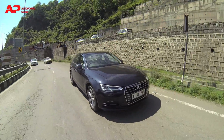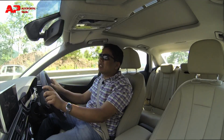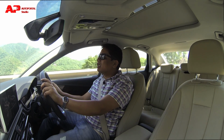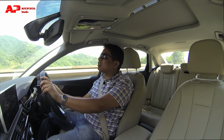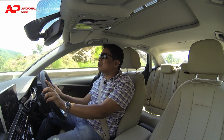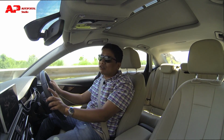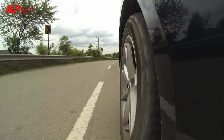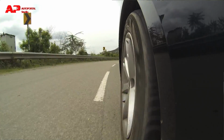So in that sense, the steering wheel of this car is pretty good, and it's quite light to use in its comfort setting. If you even choose the dynamic mode, it is decent in terms of its feedback, and there's also decent weight in it. But yes, as I said, it's not really going to put its rivals to shame. But even then, in isolation, it is decent in terms of feedback, and buyers of Audi cars prefer things to